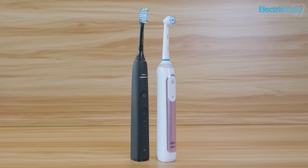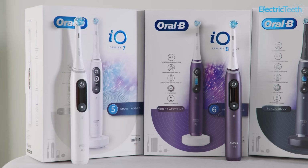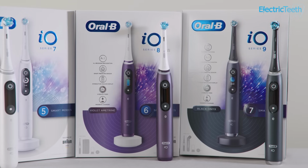Now, what we need to be aware of here is we are comparing brands. Both brands make a number of different electric toothbrushes, and you can compare those individual brushes with each other as you can compare these particular brands. So there are definitely some sweeping generalizations I'm going to have to make in the comparison here because we're not focusing on particular brushes. Now, of course, there's going to be some element of personal opinion that comes in here,